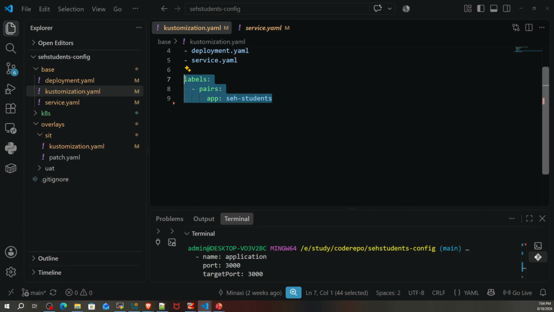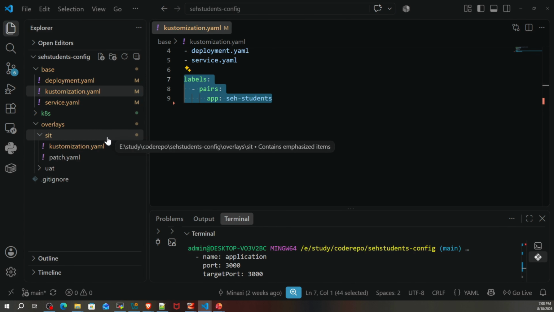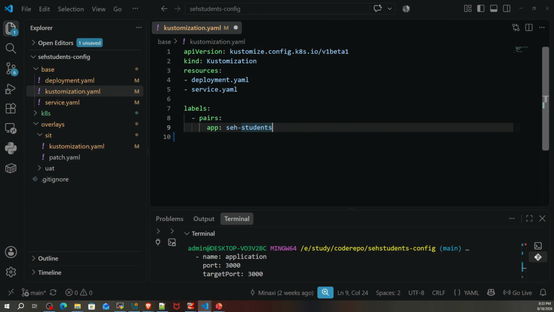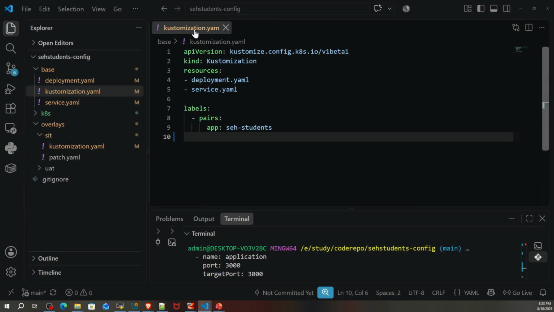And one more important point, since this label is common across our environments, we defined it in the base kustomization.yaml. So this kustomization.yaml is under the base directory. Then our environment specific overlays can inherit this common configuration and add or override only the settings that are different for each environment. Similarly, we can customize annotations as well. If we want to add annotations that should be common across all environments, we can define them in the kustomization.yaml file